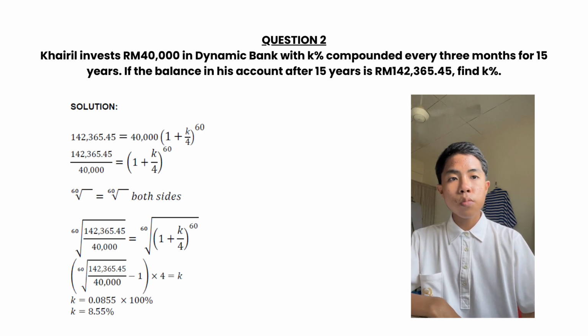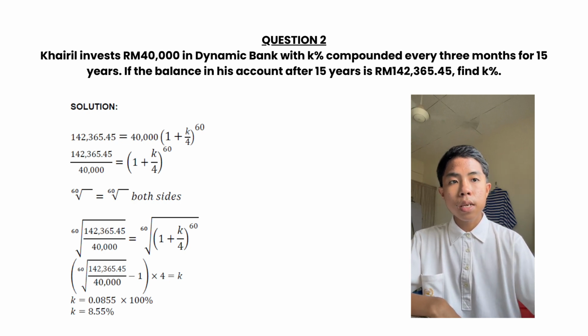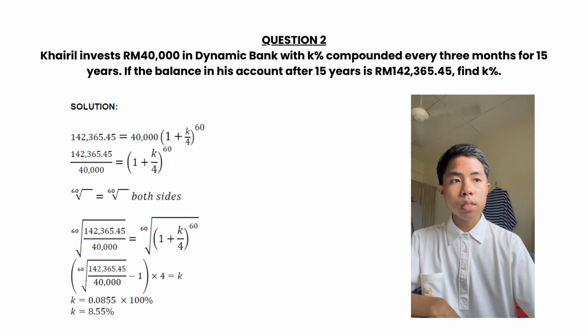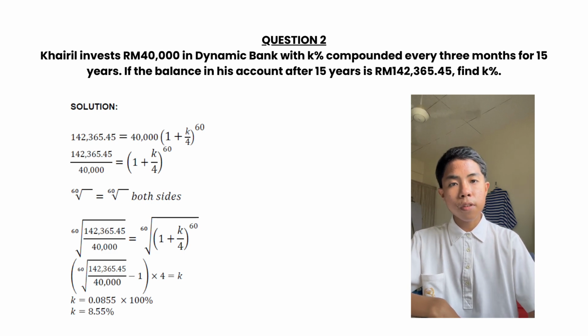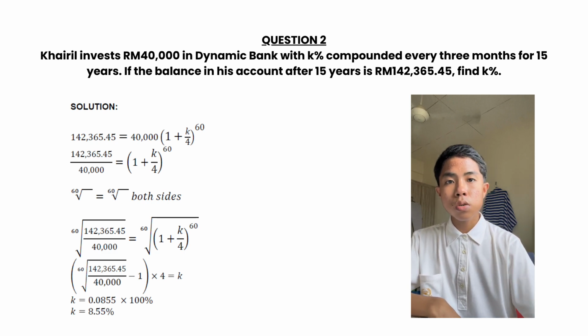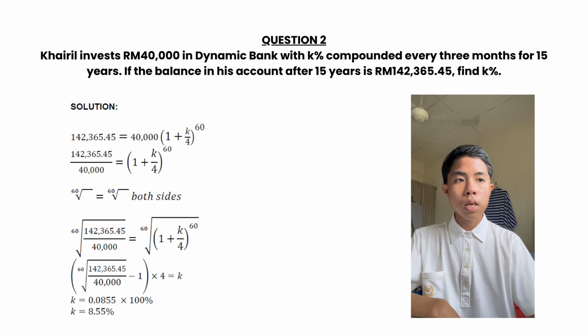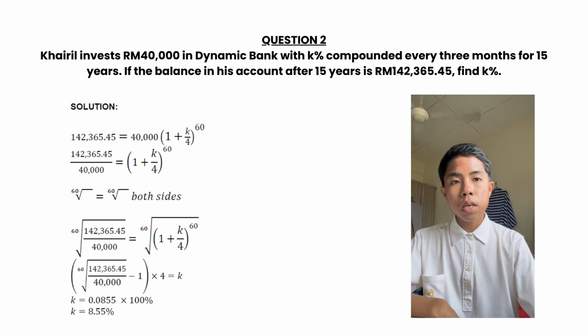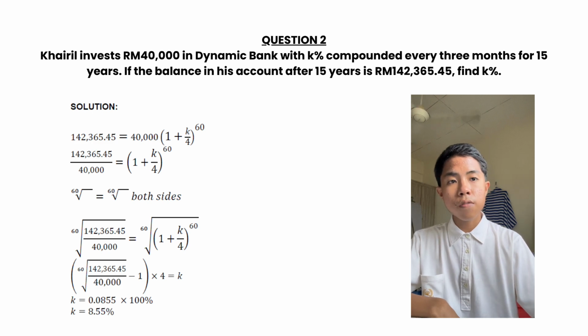However, in this problem, we use k per quarter instead of the annual rate. Next, we set up the equation using the information provided. Here is the final answer: the quarterly interest rate is approximately 8.55%. Thus, the solution shows that Khairil's investment, with a quarterly compounded interest rate of approximately 8.55% over 15 years, reaches the final amount of